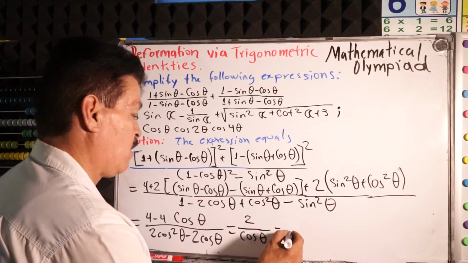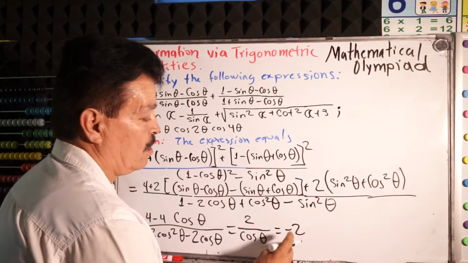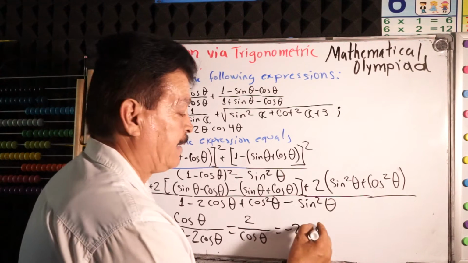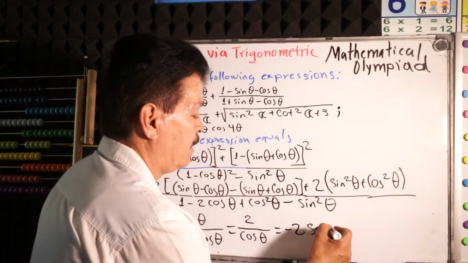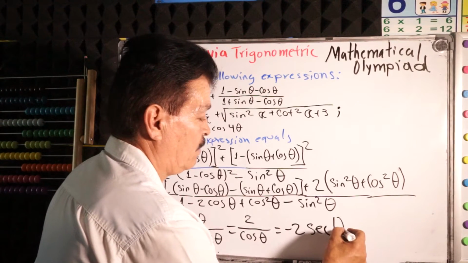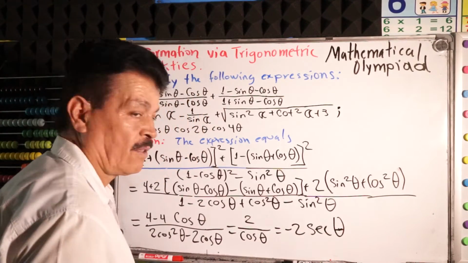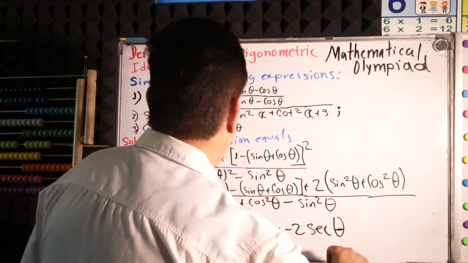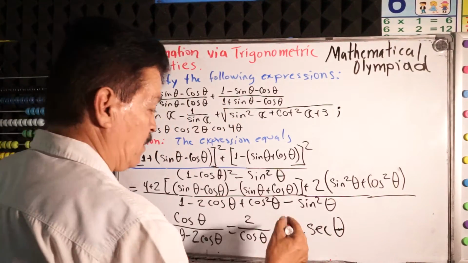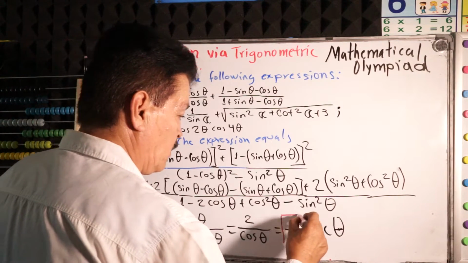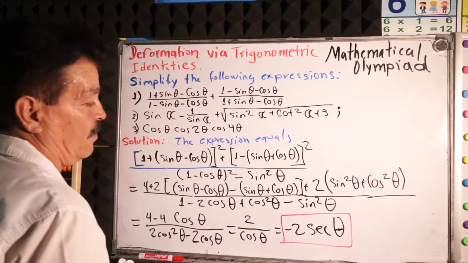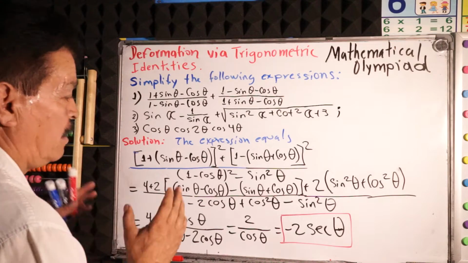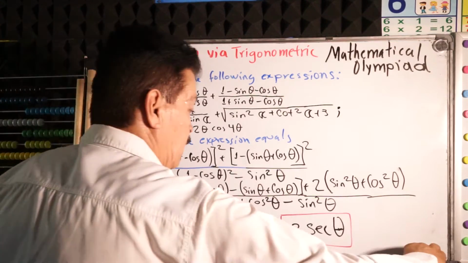This will be equals negative 2 secant of this angle. All right, this is the simplest form, the simplest expression. This is the answer for the first one. All right, the first one is done. Let's go and then solve the